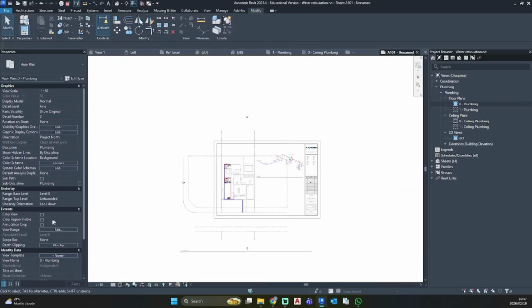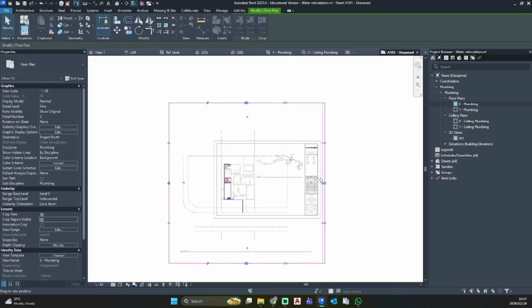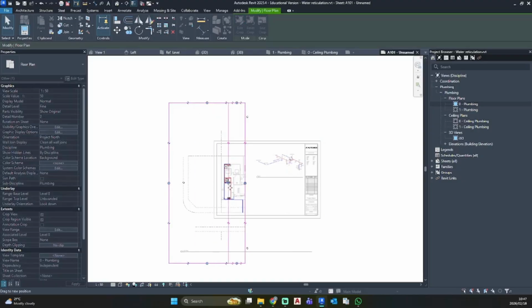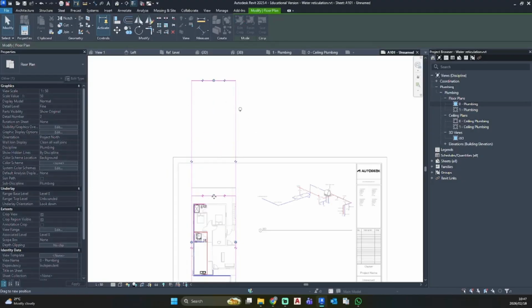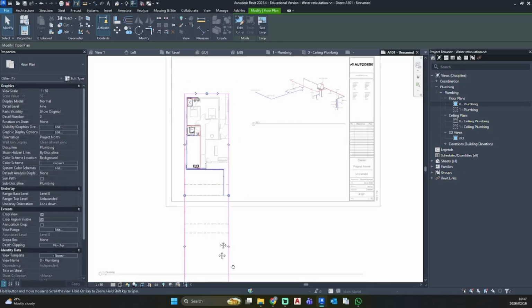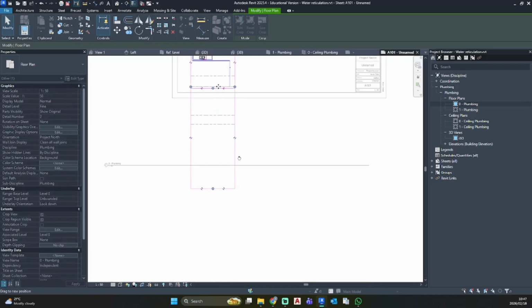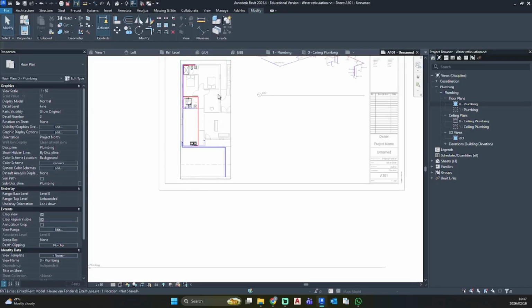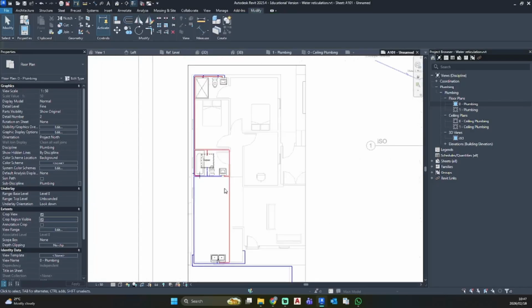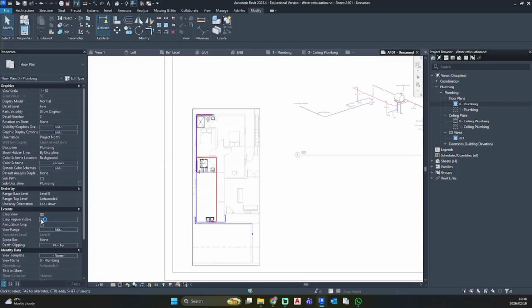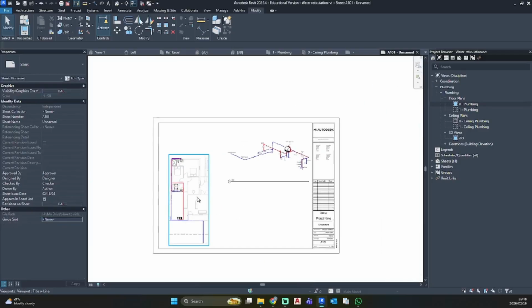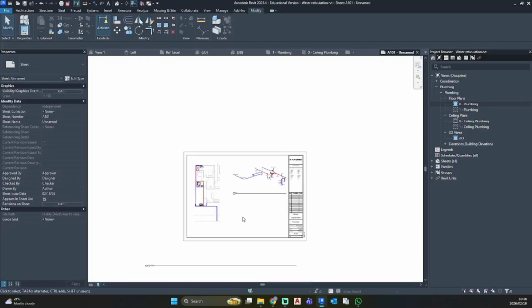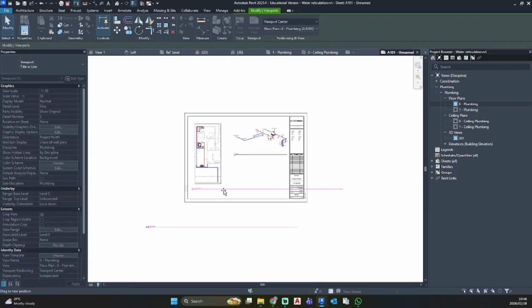So I'm just going to add a crop view visible, and I'm going to just show this part of the house that has the water reticulation, because there's no need to show the entire house if there's not water reticulation. It kind of just takes up unnecessary space. So there we have our water reticulation,